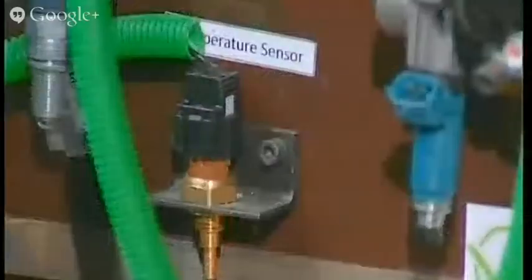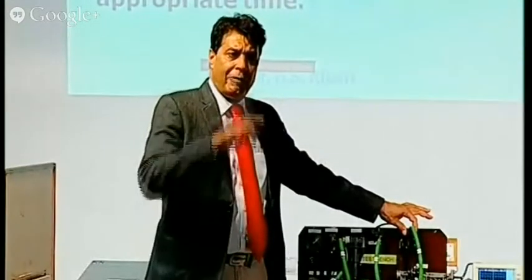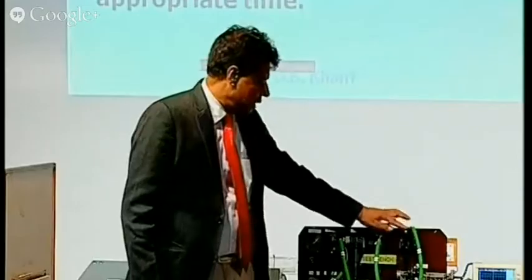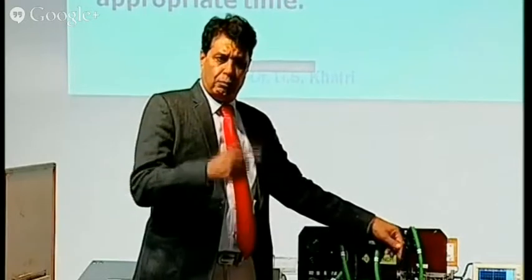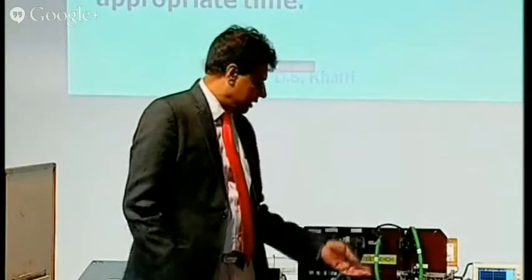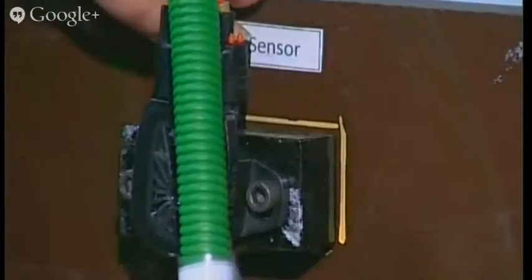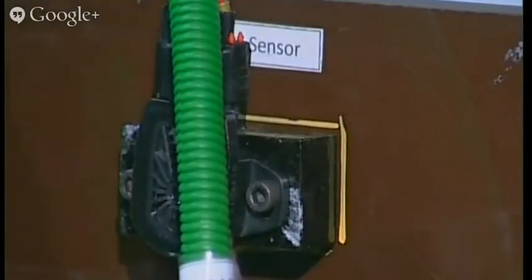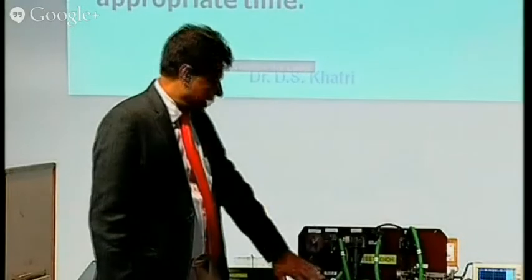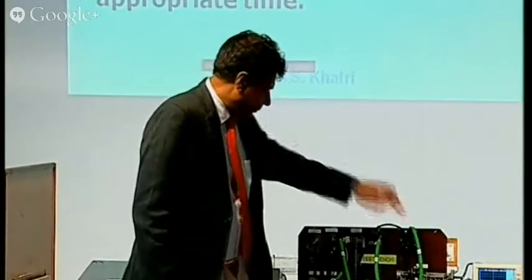Another sensor is the TPS, throttle position sensor, which is a variable resistance type. You can see the throttle position sensor here. Again this output you can display on the oscilloscope. As you rotate it, there is not much physical movement in this sensor, because these are temperature sensitive and all that. So these are very simple and rugged sensors. The most critical part is crank and cam. Now these are the sensor part.